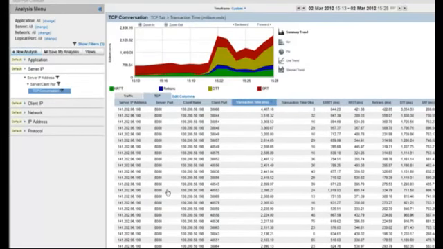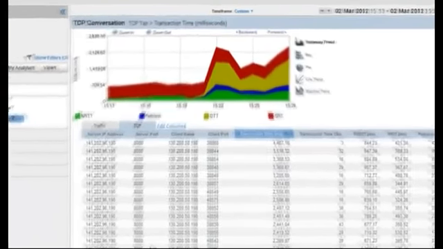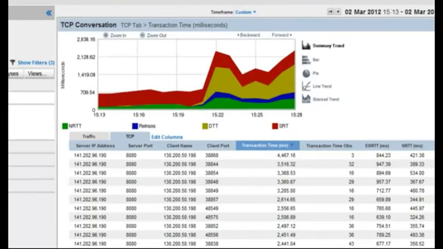So this is the same system, but I'm now drilling into the session analytic database so that I can view this at a TCP layer and start to identify not just the fact that it's slow, but why it is slow. Is it a problem that's rooted in the network or a problem that's rooted in the server? So the first thing that's going to jump out to me when I get into the multi-port collector is that